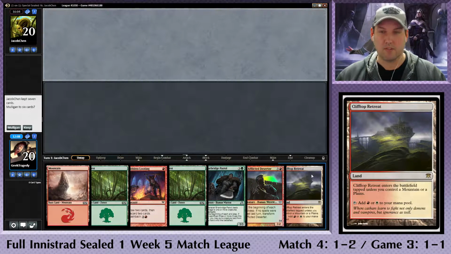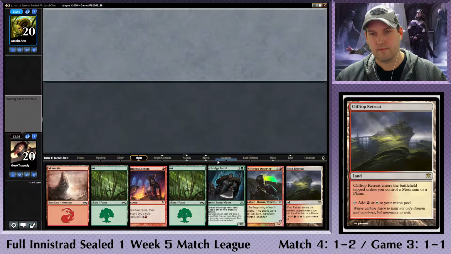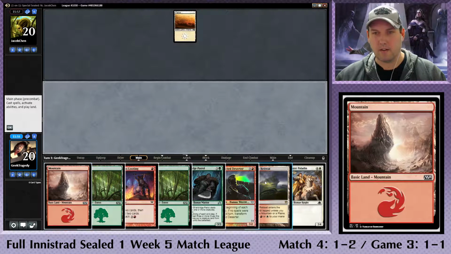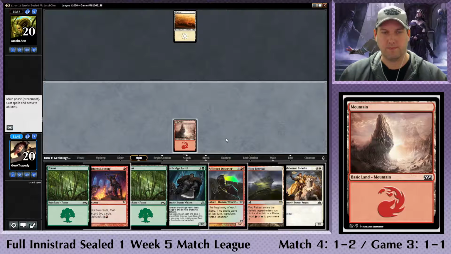I say we keep this, because it's, unless you control a mountain or plains. Okay, so we will keep this. Yeah, we'll keep this. The Paladin. Okay, now this is, again, unless you control a mountain or a plains. Okay, so